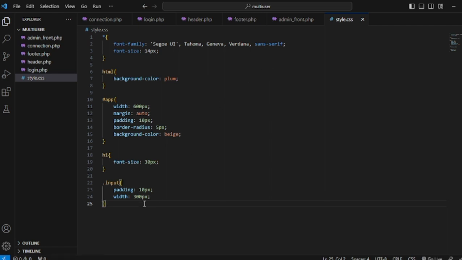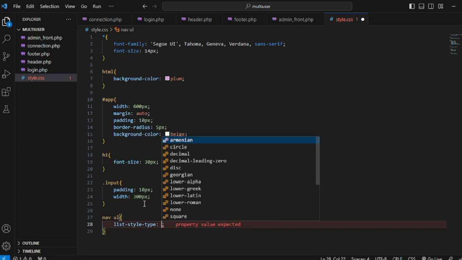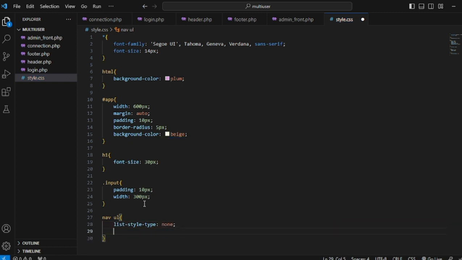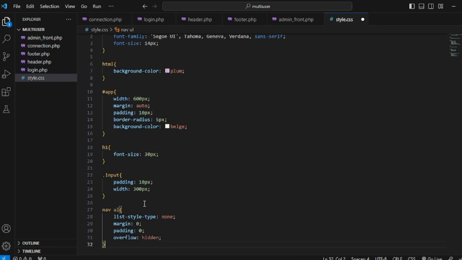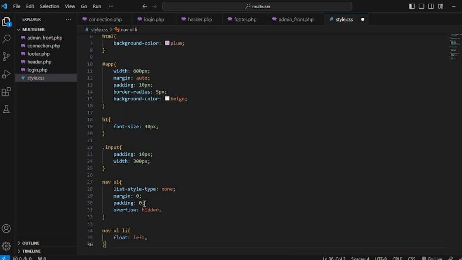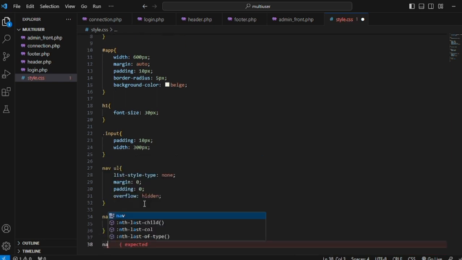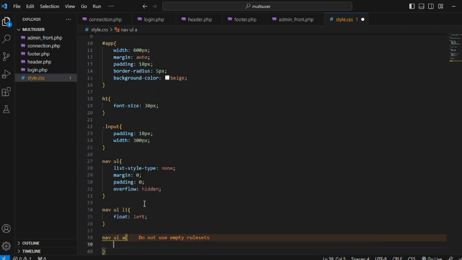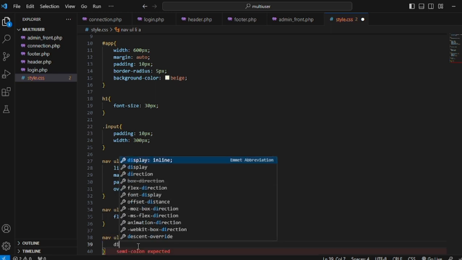and right here I'm gonna add nav ul, and then the list style type is none, and then the margin is 0, then the padding is 0, and then overflow hidden like this, and then for the nav li the float left, and then for the nav li a, yeah, like this,